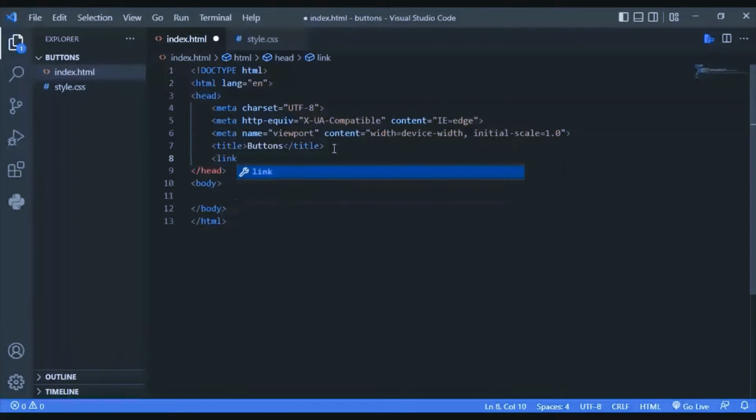Now I'm going to link my CSS page. To do that, I'm going to type link rel equals stylesheet and href style.css. That's the file name. So now I've linked my CSS to my HTML page, and to create a button, all we have to do